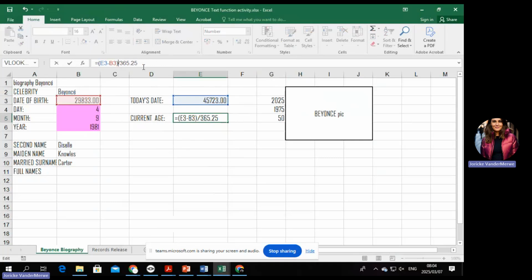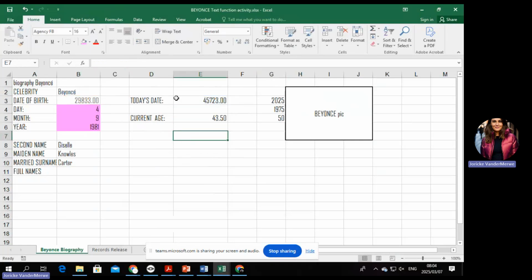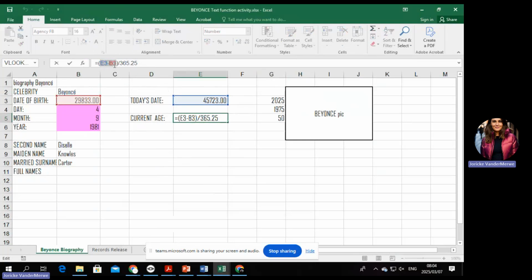So it's BODMAS. Remember BODMAS stands for brackets, then orders, division, multiplication, etc. If the brackets are not there, you must insert them. So it's important to understand that part must be done first. You must first subtract those two years, or numbers actually. And then the reason why we divide by 365.25 in a function to get somebody's age is, if you look at a leap year,